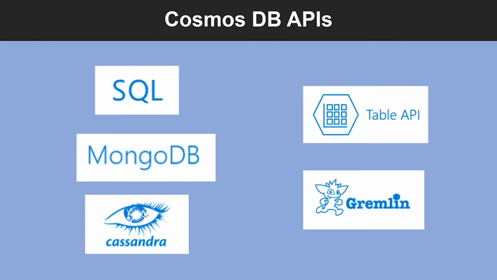Let us look into Cosmos DB's APIs. There are primarily five APIs you can use. Let me first explain SQL. Core SQL is the default API for Azure Cosmos DB, which provides you with a view of your data that resembles a traditional NoSQL document store. You can query the hierarchical JSON documents with an SQL-like language. For an e-commerce website, you could choose to use Core SQL to store your product catalog.